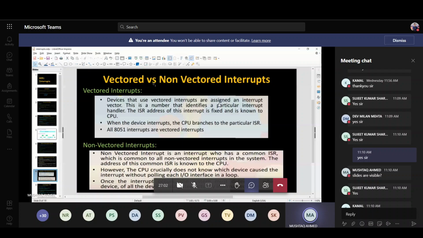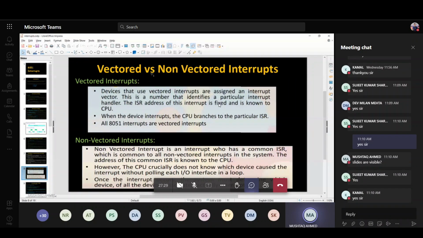Okay, so there are two types of interrupts: vector interrupts and non-vector interrupts generated by the external devices. If any external device also gives the address of the interrupt, it is known as a vector interrupt, because the CPU knows what type of interrupt it is and which interrupt service routine I have to perform. In non-vector interrupts, peripheral devices do not send any kind of address with it. So the CPU has to determine what type of interrupt it is, and then it looks into the ISR. So vector interrupts are when the peripheral device gives the address of the interrupt, and non-vector interrupts are when peripheral devices do not give the address of the interrupt.